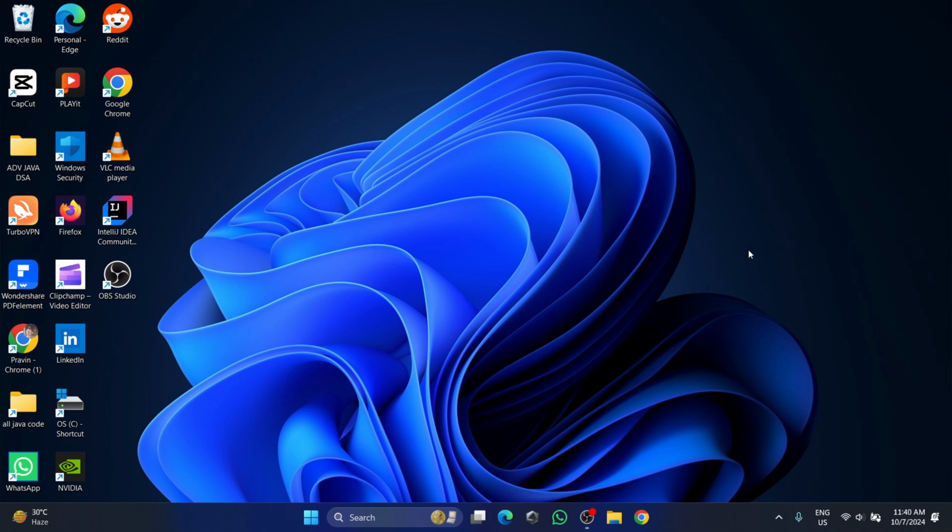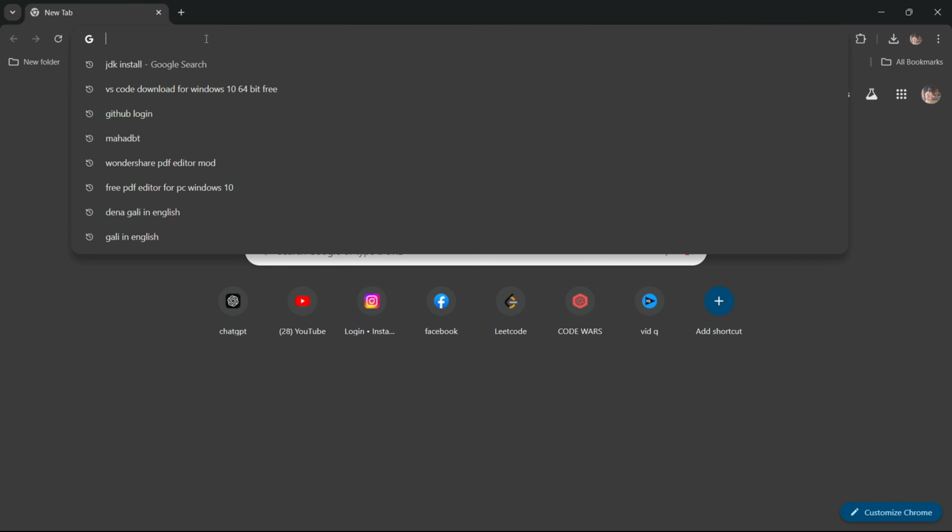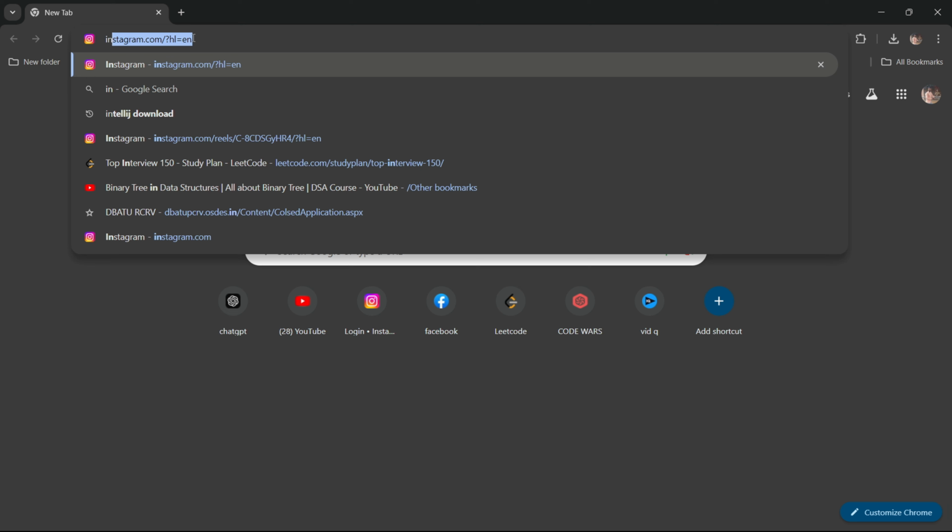Hey there, let's see how to set up VS Code for Java language. First of all, we have to go to any browser on your PC. So we are going on Chrome, install JDK